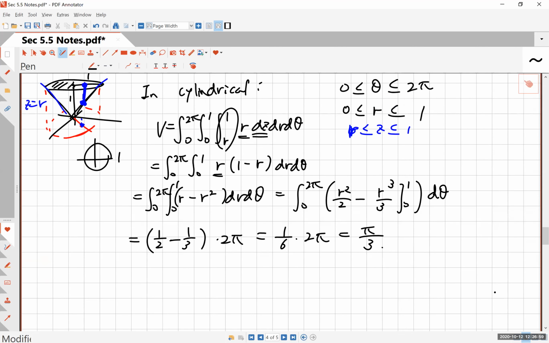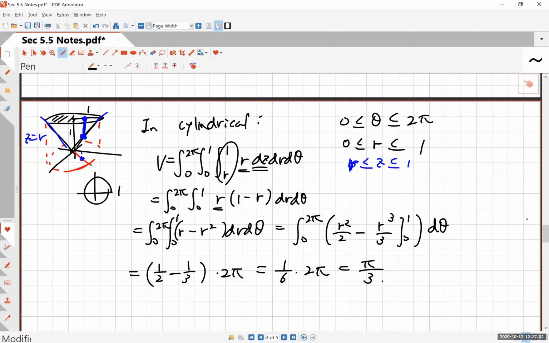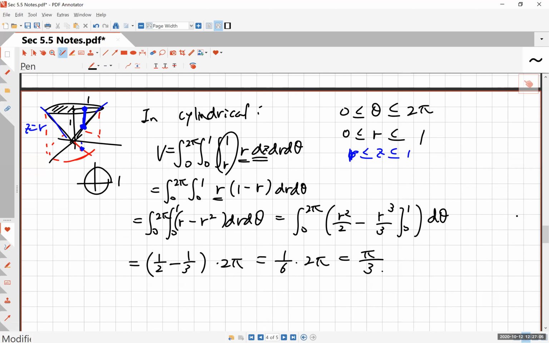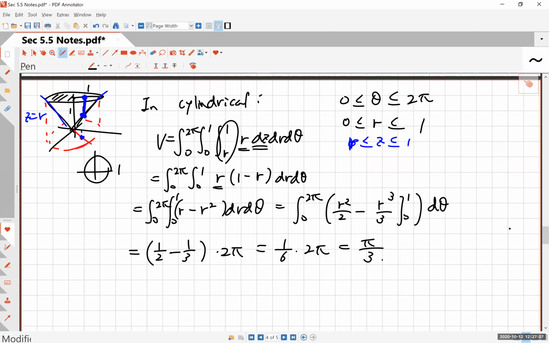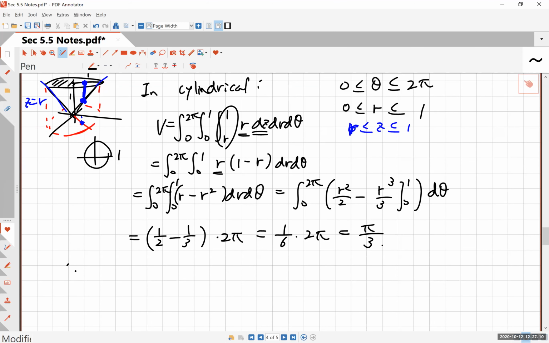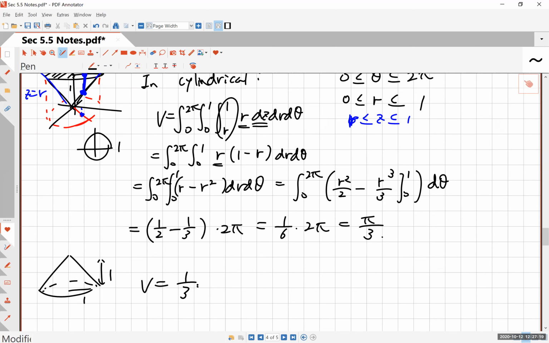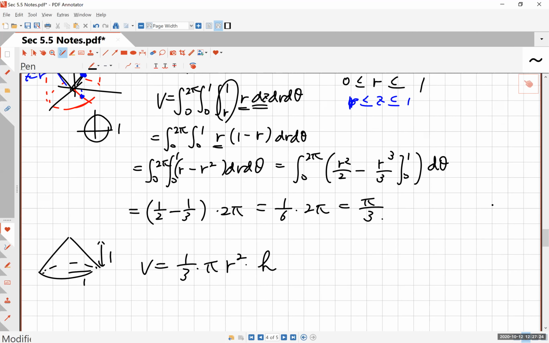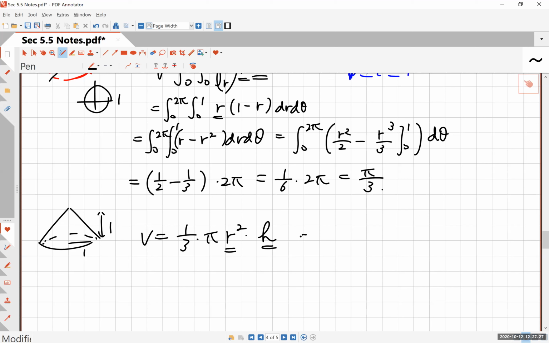All right, finally, there's one more way, and of course this is the easiest way to find the volume of this. I mean, this is a cone. You knew the equation from your geometry class for the volume of the cone, right? So this cone is basically the same cone as this. It's radius 1, height 1. So what's the volume of this cone? It is 1/3 times pi r squared times h, right? Well, height is 1 and the radius is 1. So this is 1/3 times pi, 1 squared times 1. And of course, that's pi over 3. Okay, so we were right 3 times, and that makes you feel good, I think.